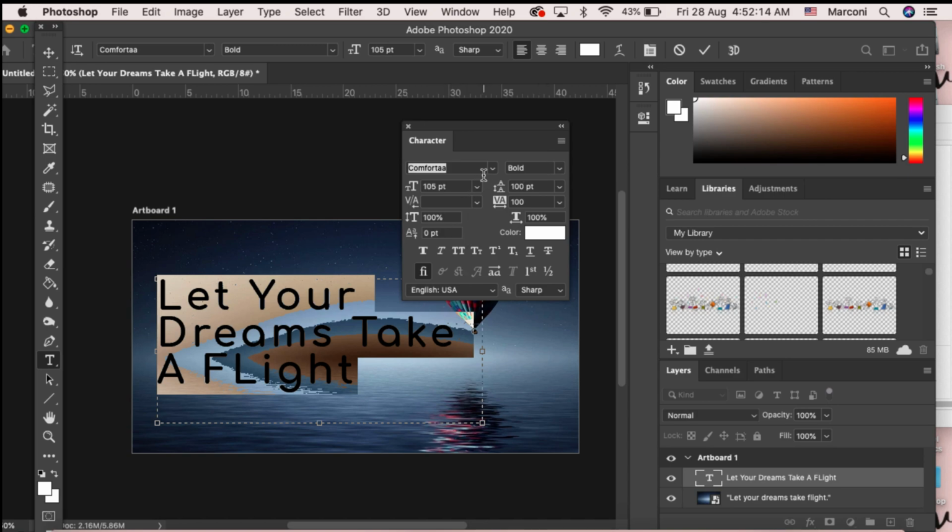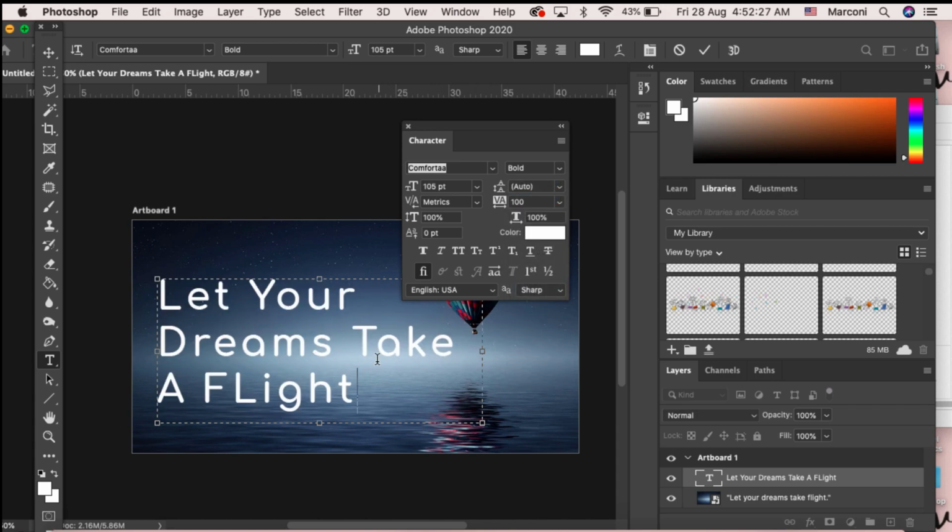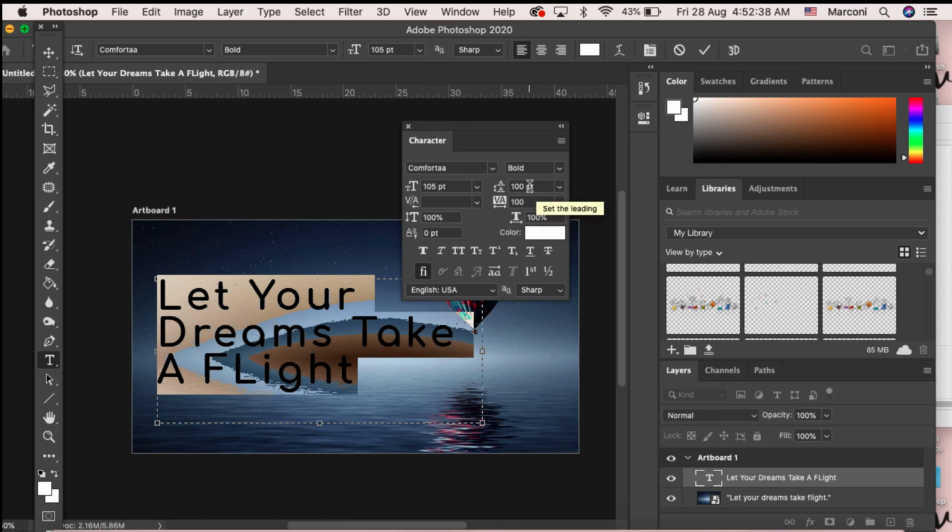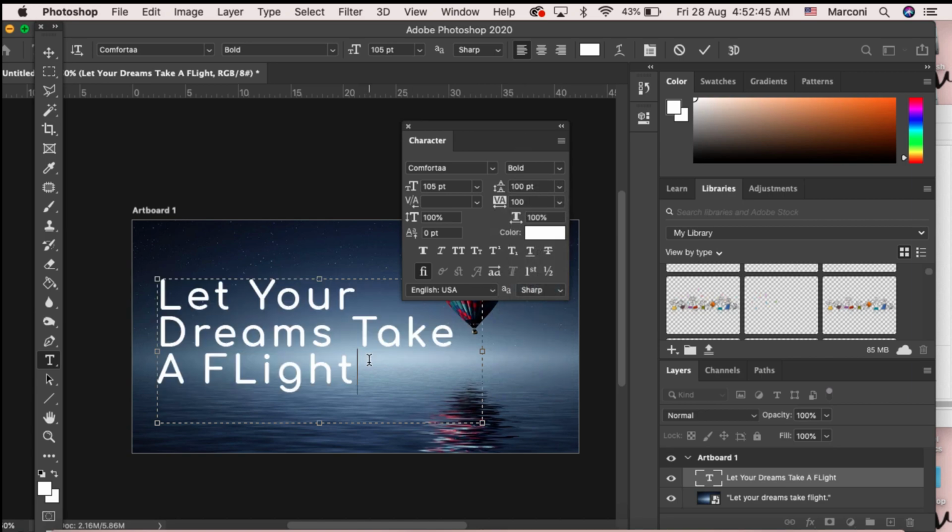So from here you could have more function aside from the top menu here. So the leading is this one. So if you would like to adjust it to automatic, so this is the standard leading for the text. But if you would like to make it closer to each line, you could just type accordingly, or you could select from the drop down digits from here. So once you're happy with that,